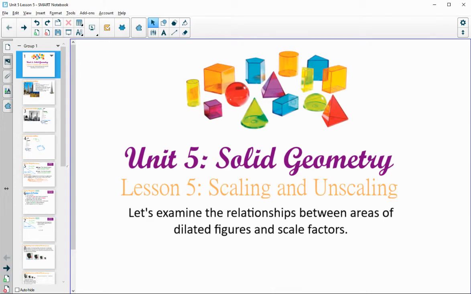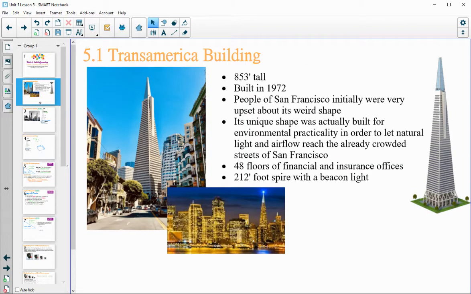In lesson 5, we're going to take a look at scaling and unscaling. So looking at the relationships between the areas of the figures like we talked about yesterday, and then the scale factors. So first thing that we're going to take a look at is this Transamerica building, which is an 853-foot